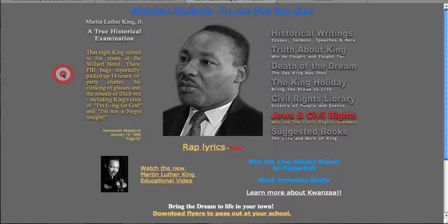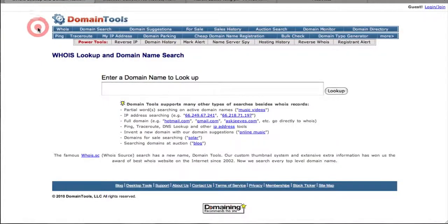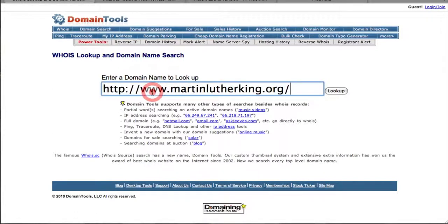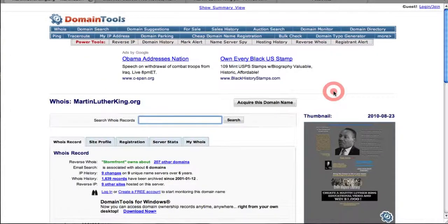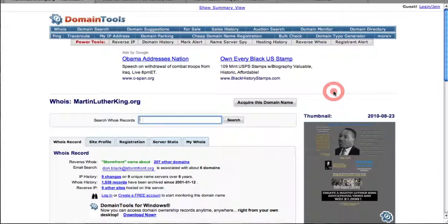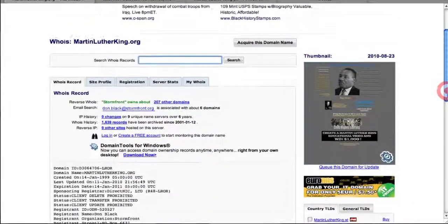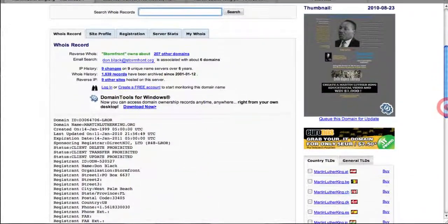So what we want to do is we want to be able to see who owns this website, who's putting out this hate. And if I go back to my domain tools, my Whois lookup, I can take that Martin Luther King website, pop it in here, and press lookup. Now there's other tools besides domain tools, Whois lookup. If you just do a Google search for finding the owner of a website, there's a lot of services out there. And now this is almost like a yellow book reference of who owns the website,